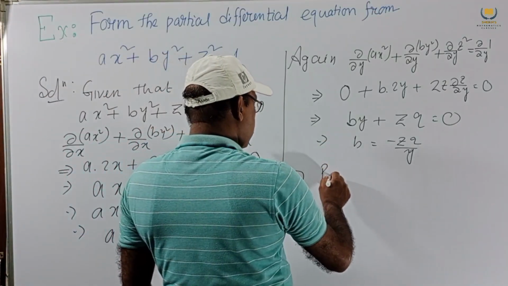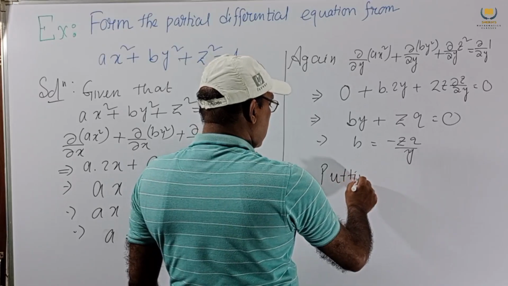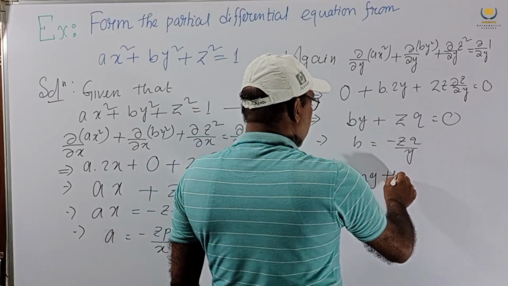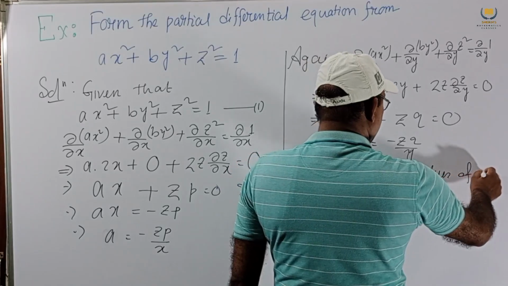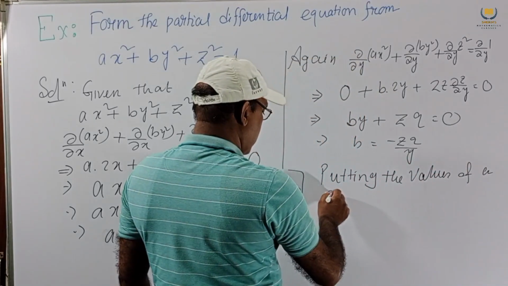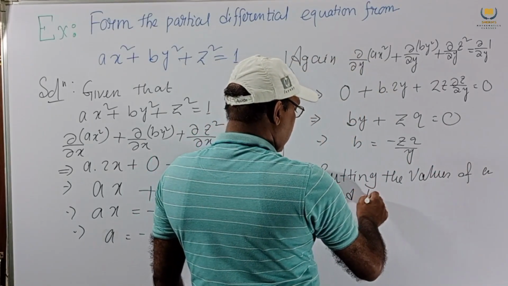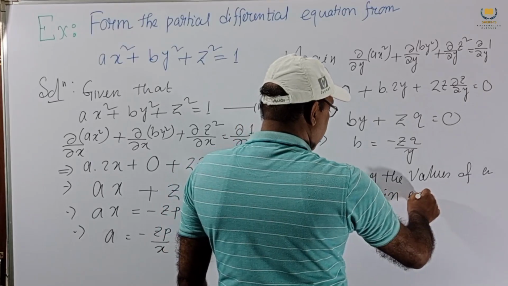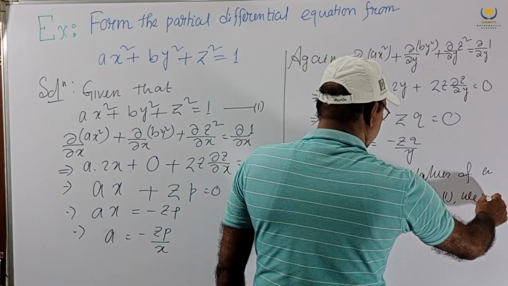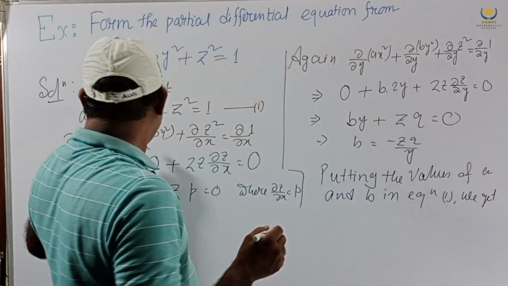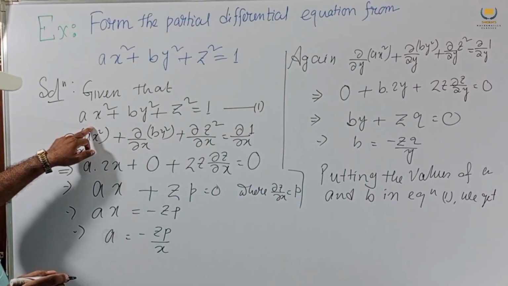Putting the values of a and b in equation 1, we get,